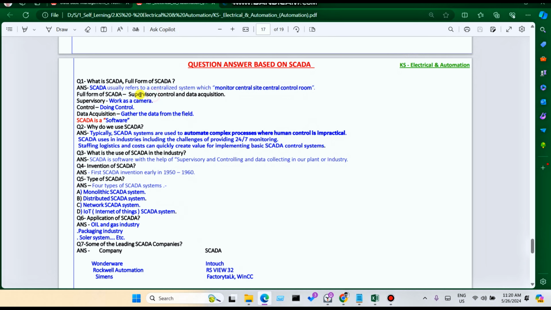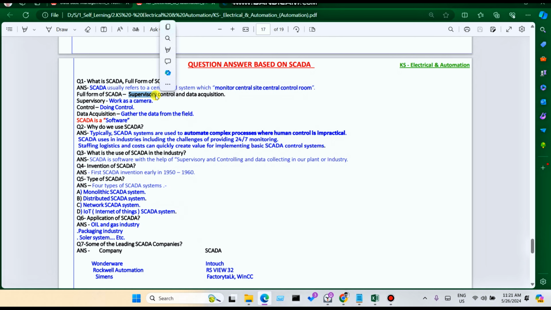Supervisory means we can see what is happening in the plant, we can operate it and we can monitor it. Operating the plant means we can start pump, stop pump, open valve, close valve,